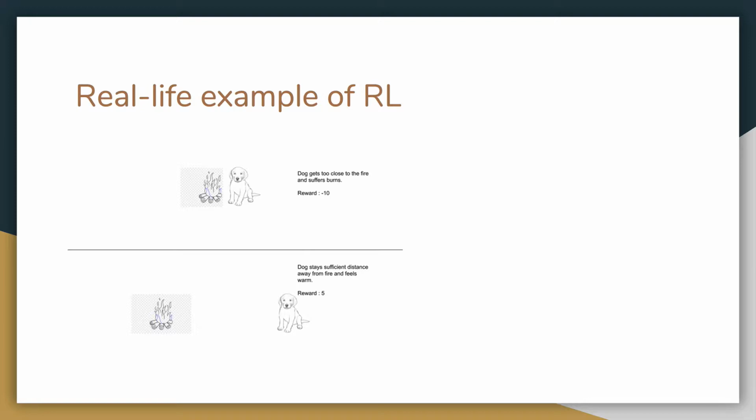So, on this one slide, I'm going to try to explain how a dog might learn to associate benefits with fire and also dangers with fire. Let's imagine that this dog is cold because of course it's winter and it is feeling very cold. It's getting frozen. The question is, how will you as a human being be able to train this dog